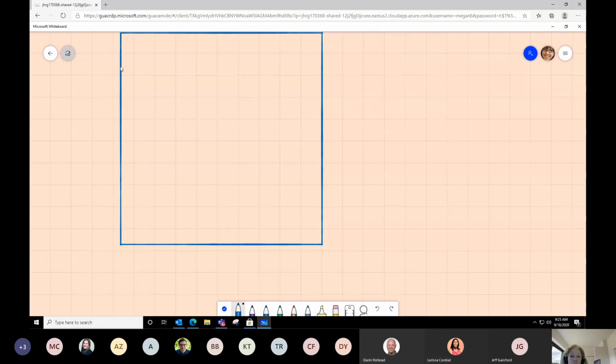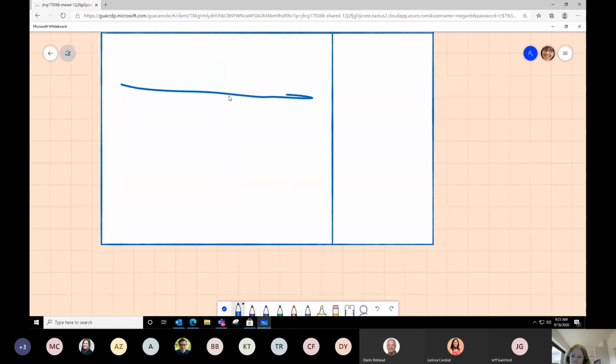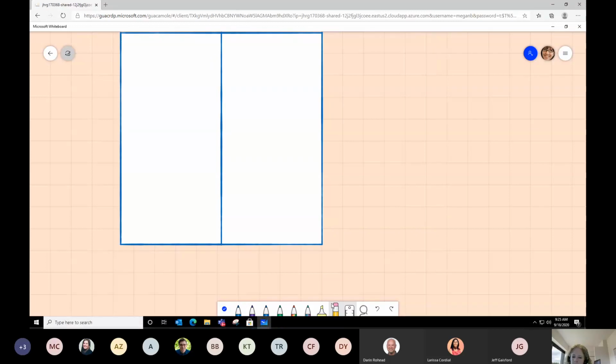I created a square for my table. Now inside of that, I'm going to start drawing some lines that will be the columns, and then I'm going to start creating some rows. You'll notice here, sometimes it's good. And again, if I do this and it doesn't quite work, I can use the eraser to come in and erase it. Notice right here, we have the eraser still.